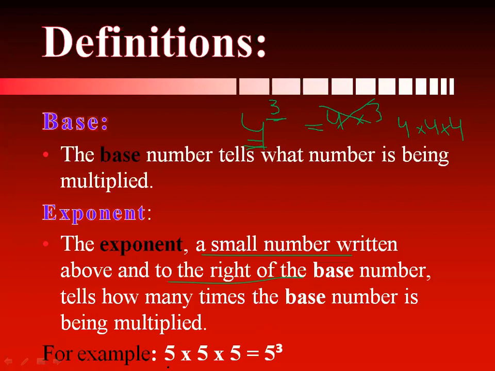For another example, suppose you have 5 multiplied by 5 multiplied by 5. What does it mean? Your 5 is going to be multiplied 3 times. So you write 5 as your base, because this is the number being multiplied, and 3 as the exponent, like 5 with a small 3. It looks awkward to read it as 5, 3, so there is a proper way to read this term as well.